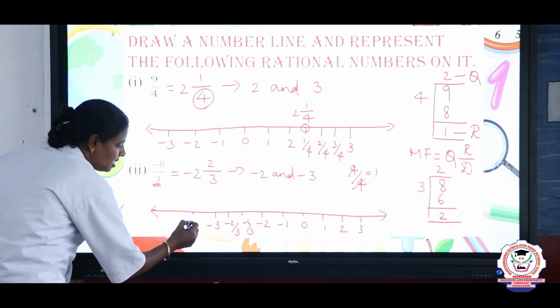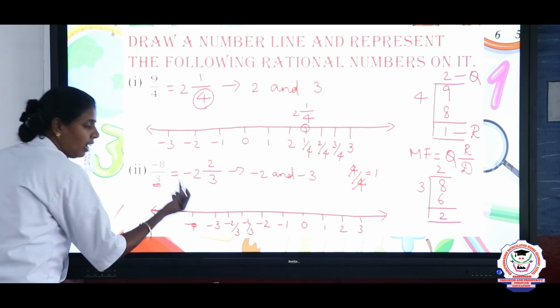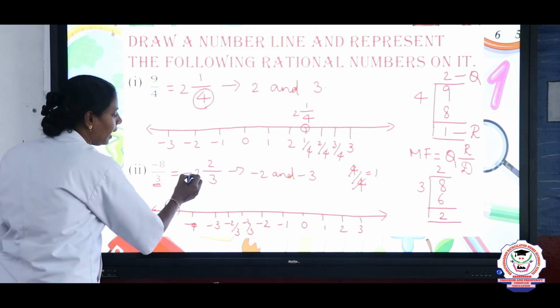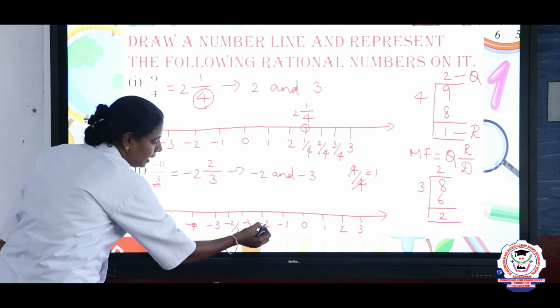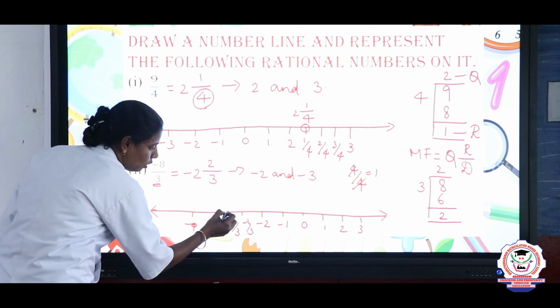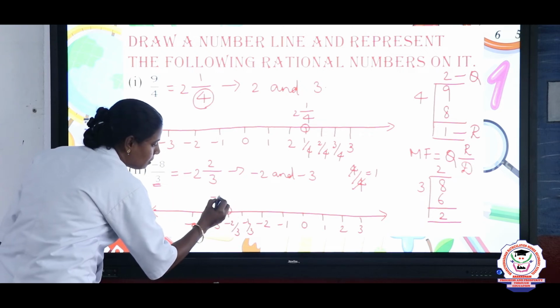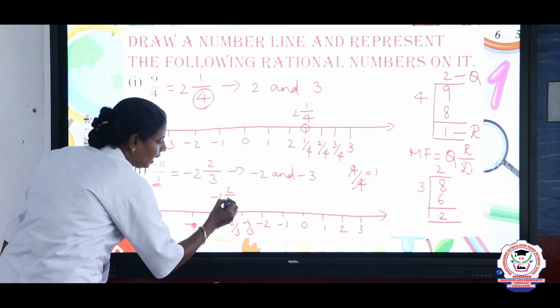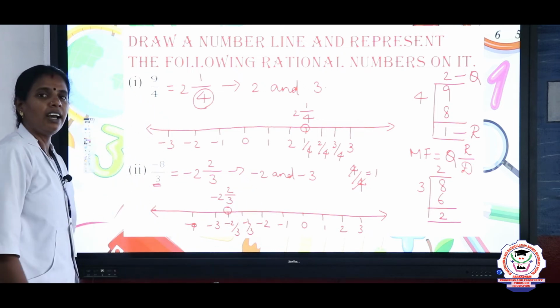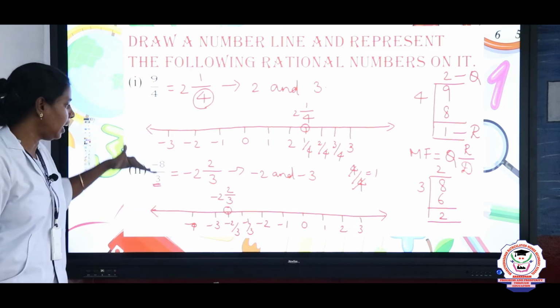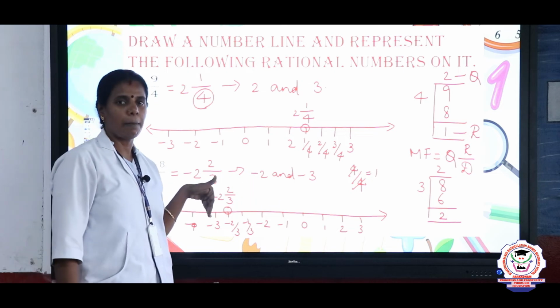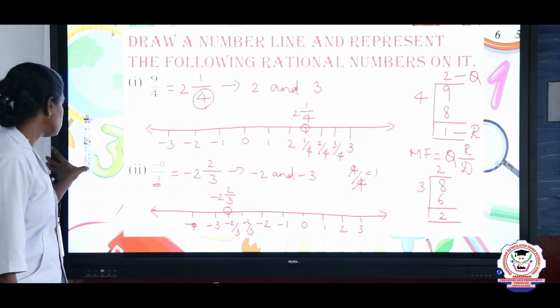So next to minus 3 it will be minus 4, minus 5 and so on. Okay. So minus 2, 2 by 3. Minus 2, then this is 2 by 3. So this point is minus 2, 2 by 3. Is it clear how to mark positive and negative rational numbers on the number line? And next we are going to see